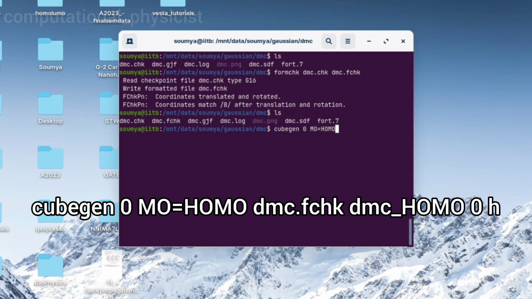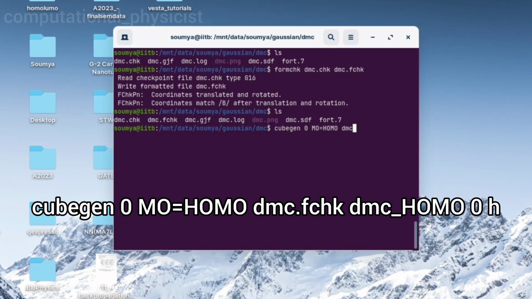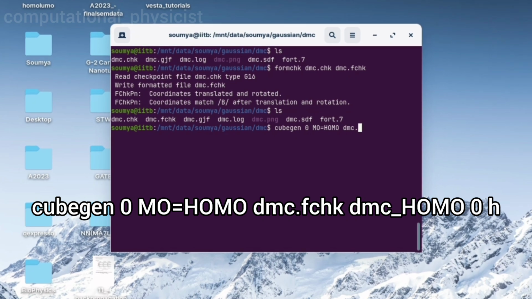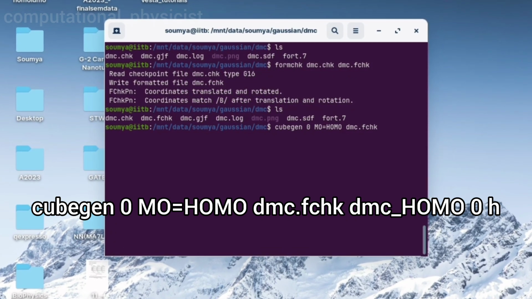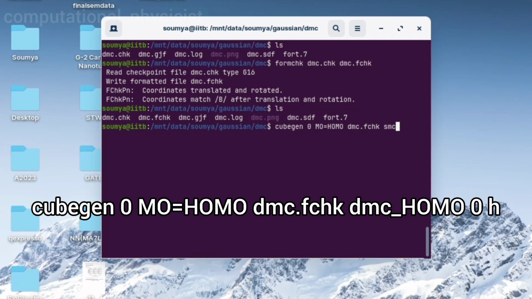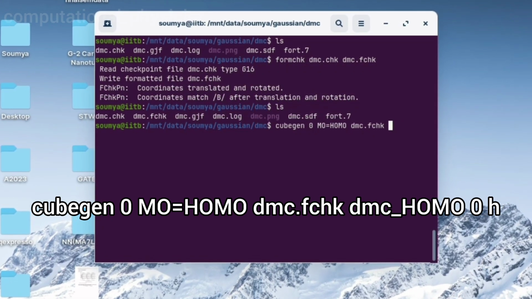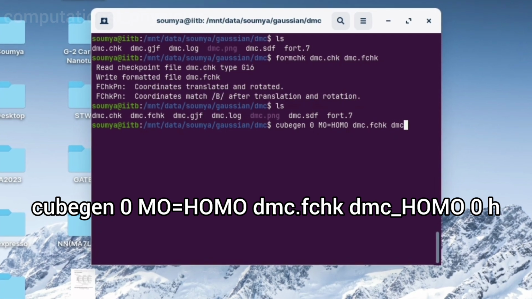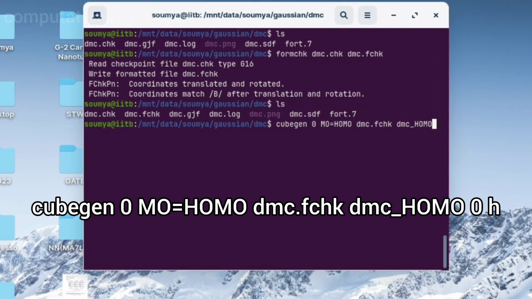So I am writing MO=HOMO. Then from the fchk, dmc.fchk, I will further write DMC HOMO, because we are generating HOMO, so it's better to give the name here.